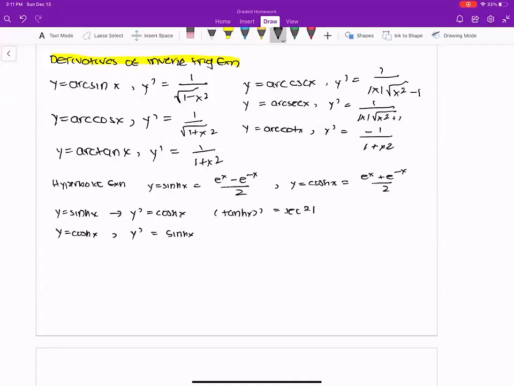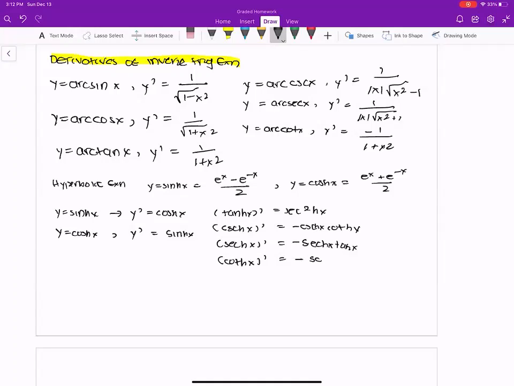Equals secant squared x hyperbolic cosine. Negative csch x coth. There should be an h there. Negative csch x tan of x. And finally, we have hyperbolic cot, which equals negative